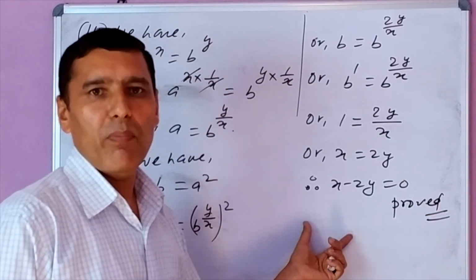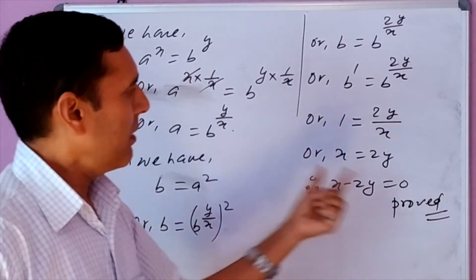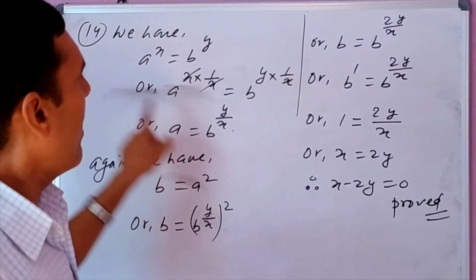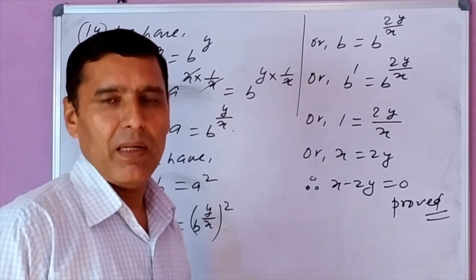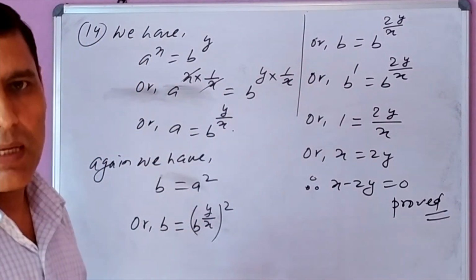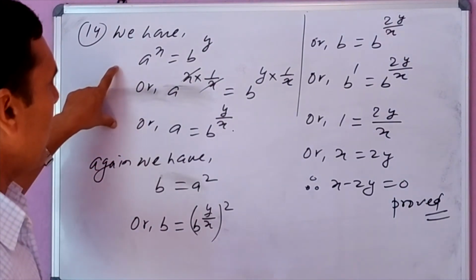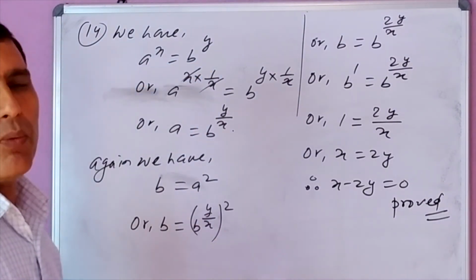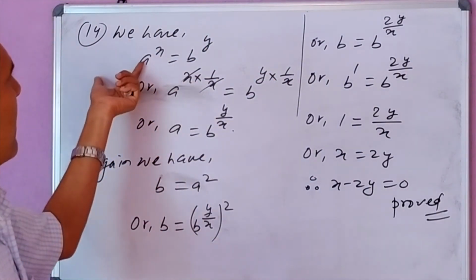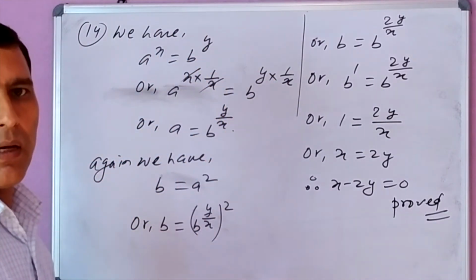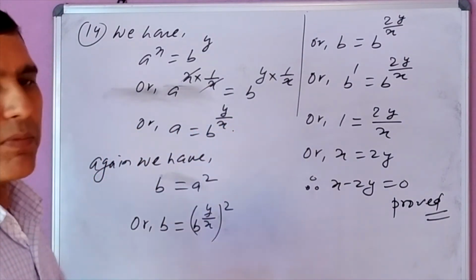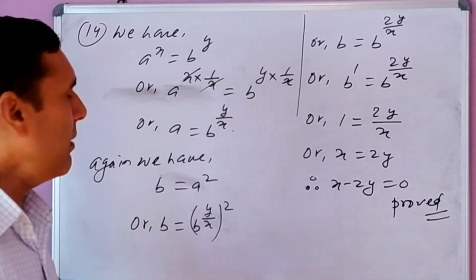What we have to prove? This relation, with the help of the given condition, we could get it in a very easy way, just by making the same base on both sides. This is the technique to make the same base, because you can see we have two bases here. One side we have a, another side we have b. How can one be replaced by another? How can one be converted or written in terms of another? One can be expressed in terms of another.